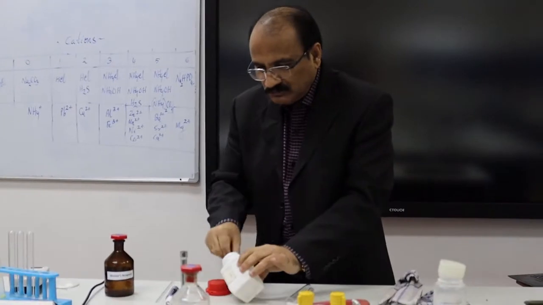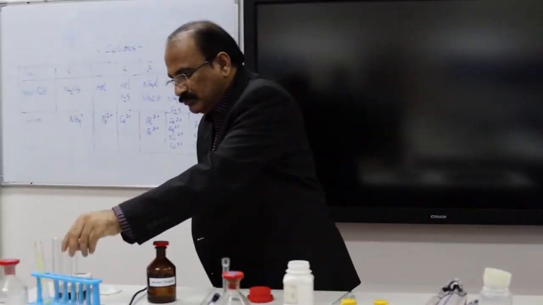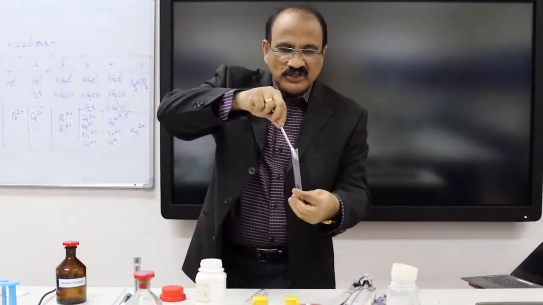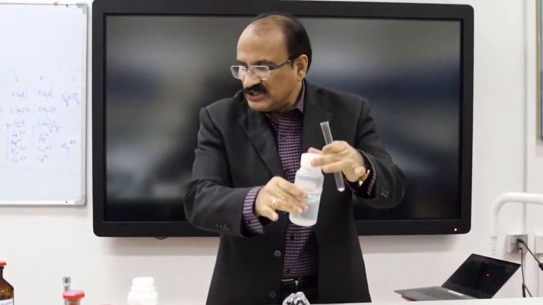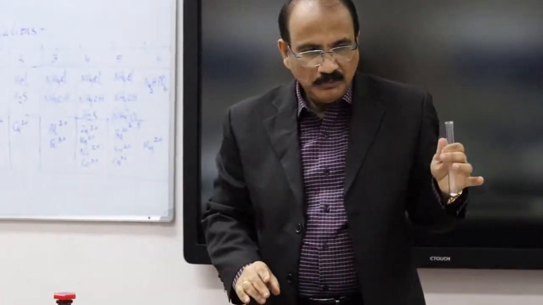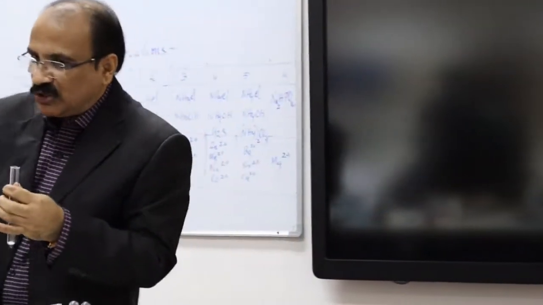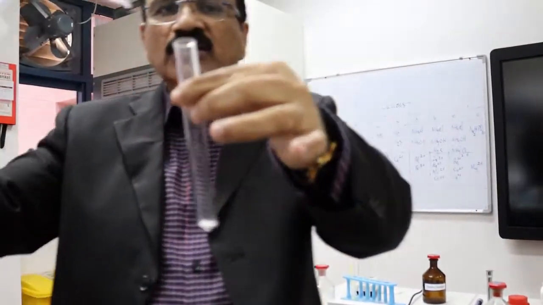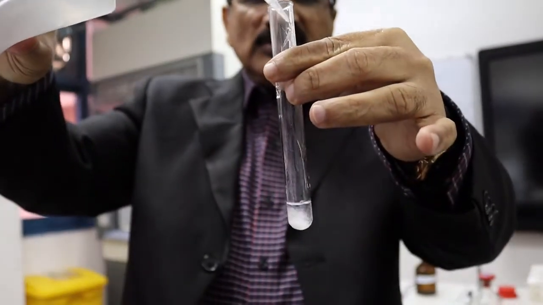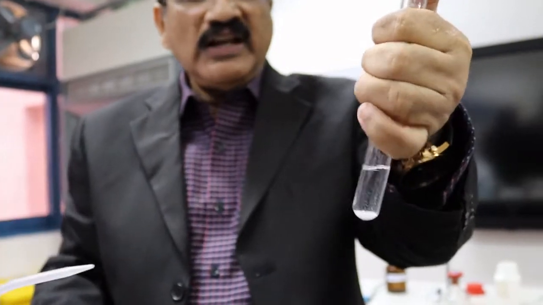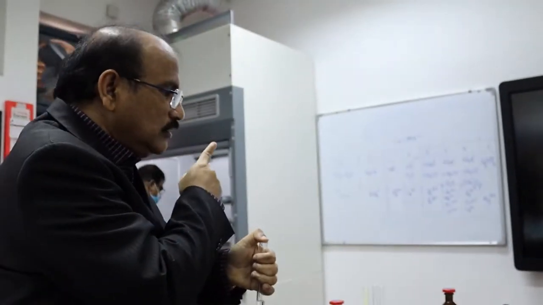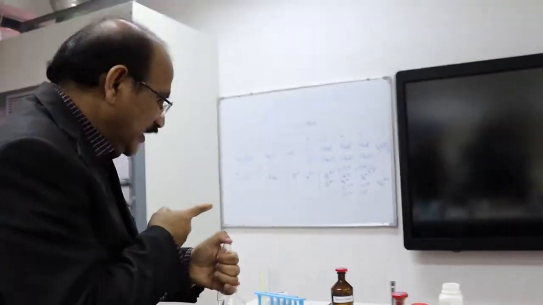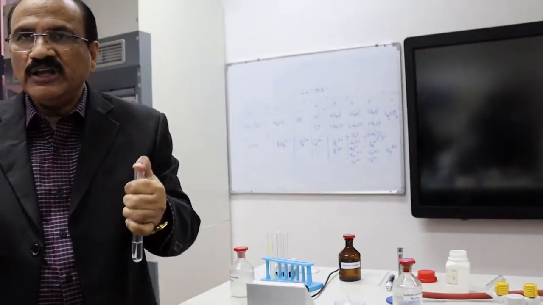Take the salt solution in a test tube. This is a salt solution and this is a soluble one. Normally some of the lead salts are insoluble, but here we have a soluble lead salt. So we are dissolving the salt in water. This is distilled water. The lead salt is dissolved in water. As I have shown in the table, dilute HCl is needed as a reagent. Dilute HCl.